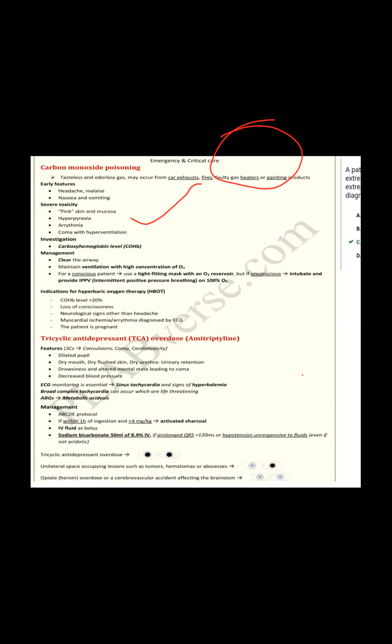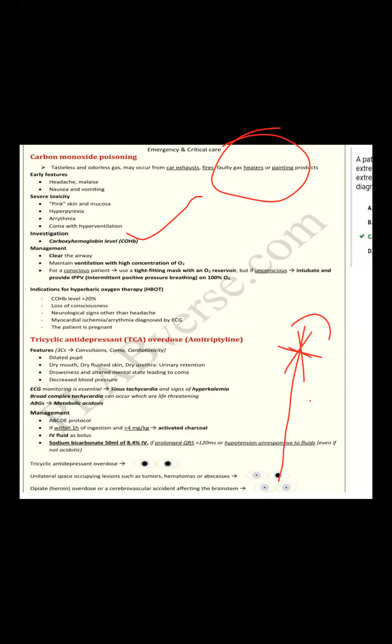Tricyclic antidepressant is also a very important topic for the exam. Just remember that the tricyclic antidepressant question they ask by 3C: convulsion, coma, or cardiotoxicity. Dilated pupils, dry mouth, dry flushed skin, urinary retention, every point they give. Decreased blood pressure, drowsiness, every point you'll get. So dry mouth, dry skin, dilated pupils, all the D's are here, so it goes towards the tricyclic antidepressant or amitriptyline